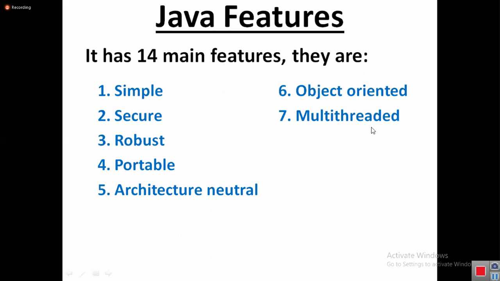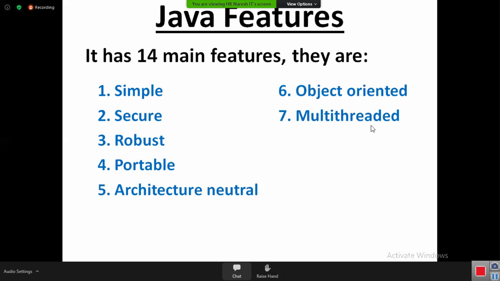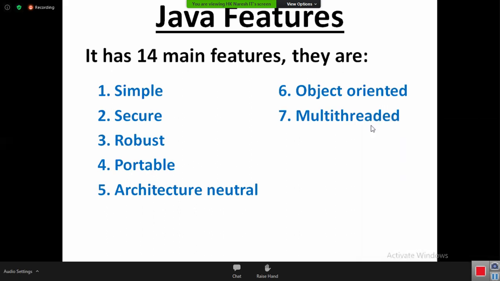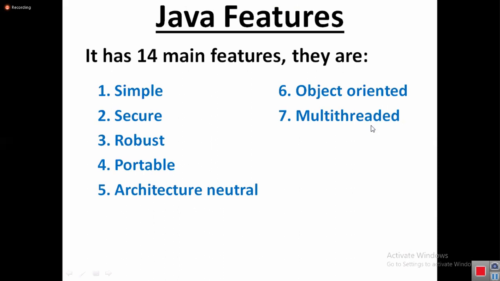I have a question. Tell me now. Is Java a slow execution programming language or a fast execution programming language? Guess and tell me. Is its execution high performance or low performance? Some people are telling low performance. Java is a high performance programming language. One of the features is high performance. Tell me now, how is it a high performance programming language?